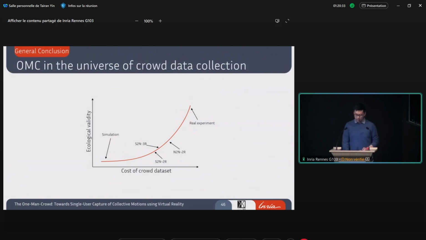And then the 3R version of the S2N procedure achieves a higher level of quality while not increasing the difficulty of the experiment too much. And by proposing the 4R version of the S2N procedure, we hoped to subsequently improve the OMC paradigm's level of realism. Unfortunately, our attempt did not improve the quality of the captured data, which is limited by the performance of the simulation.